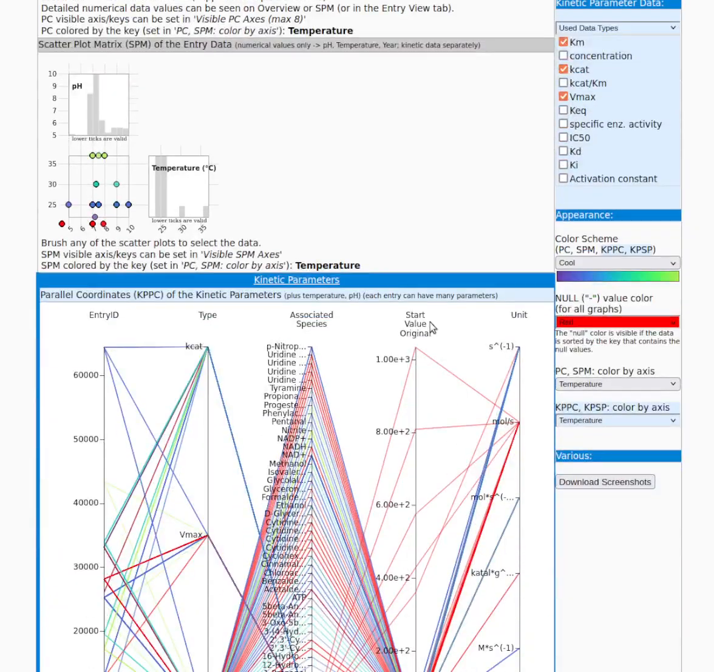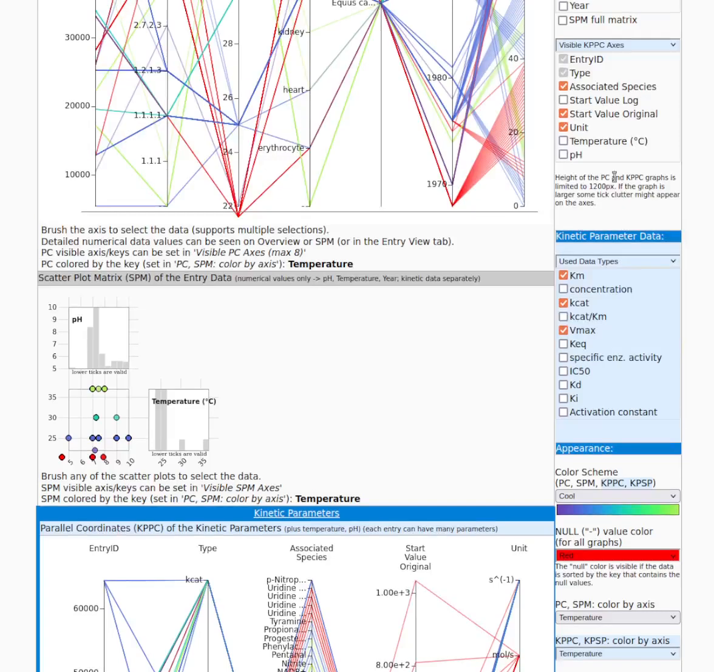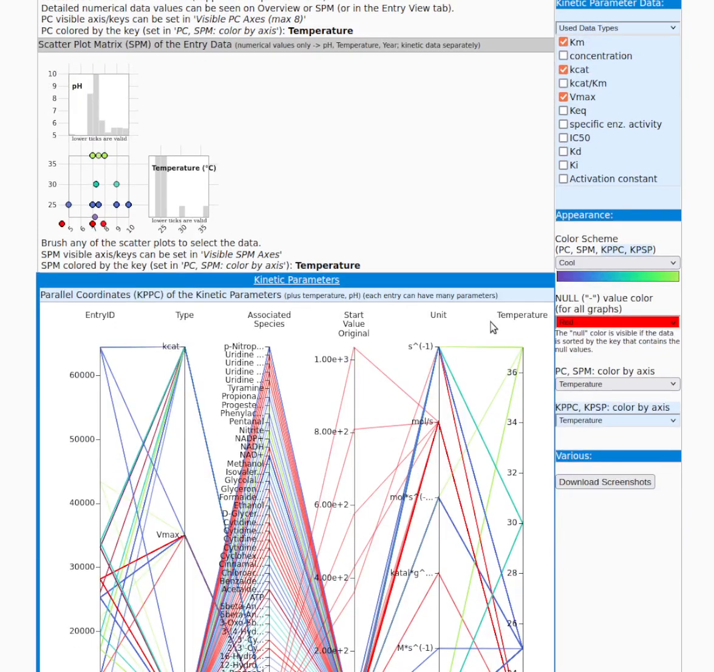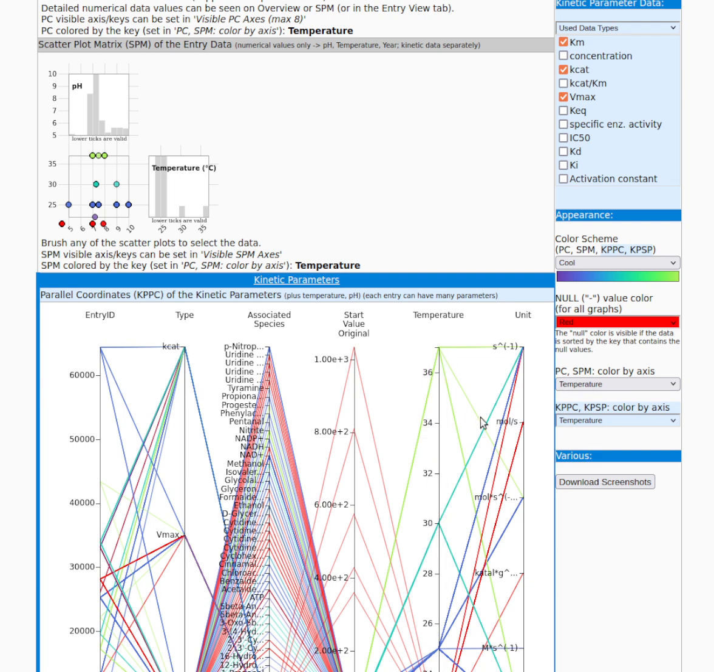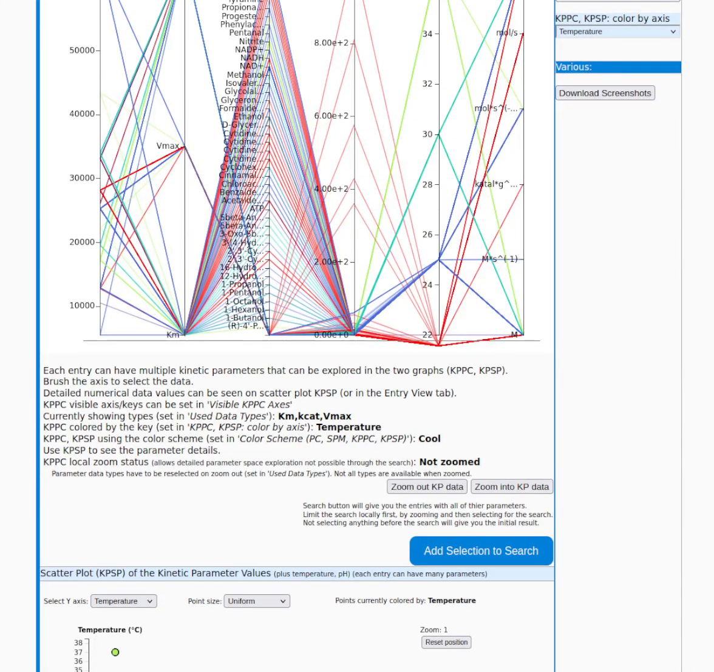And similar to this, we can also add temperature as a visible axis in the kinetic parameter parallel coordinates, and I can also switch the ordering. We can see that the temperature here is red and below the line, and similar to this in the scatter plot matrix, I can also see that the values with non-existent temperatures are below the